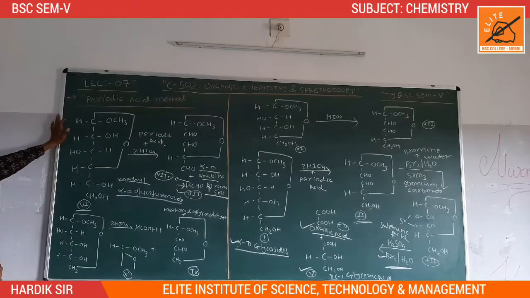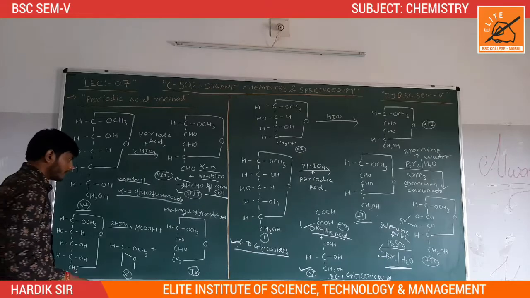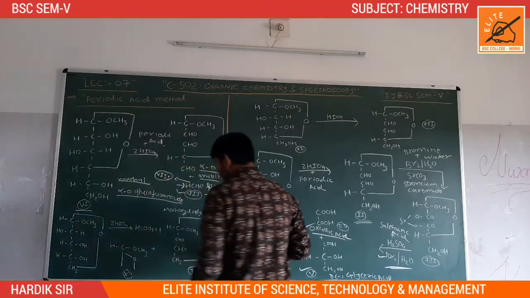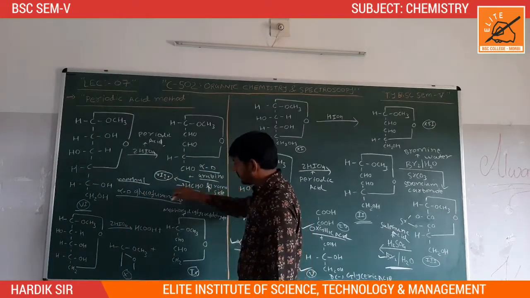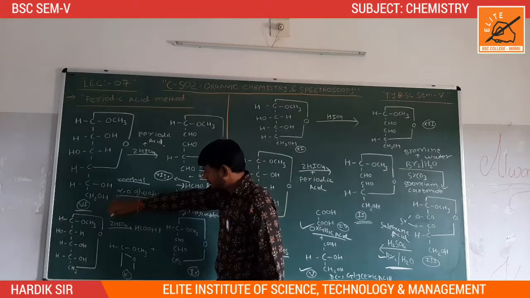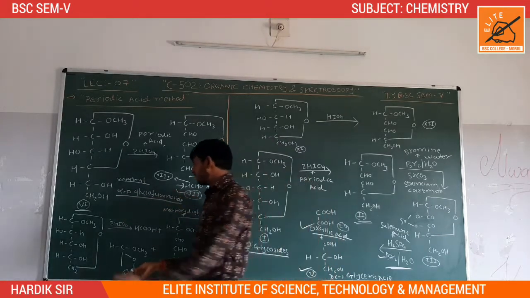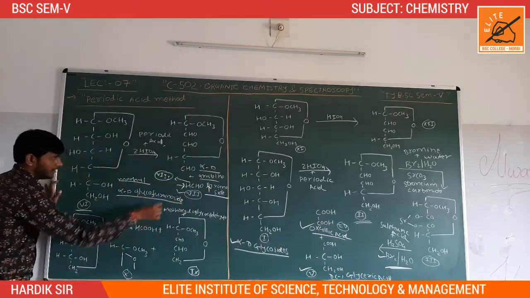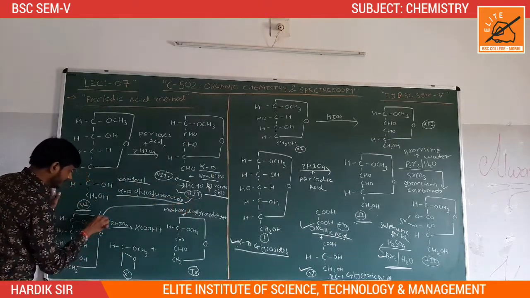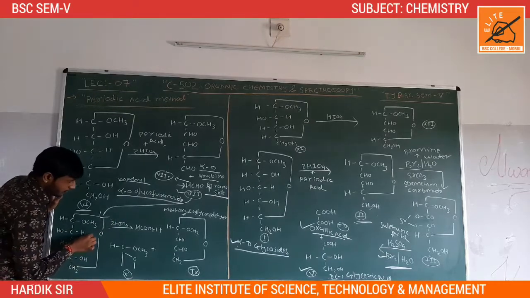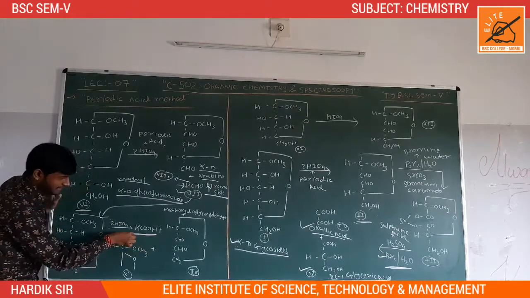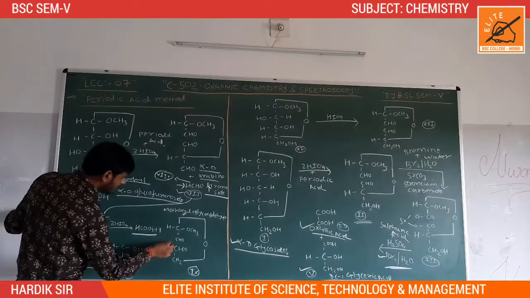Now our structure number 8 is reacted with the periodic acid. The periodic acid is reacted with our compound number 8, formaldehyde, and to produce finally formic acid and methoxy